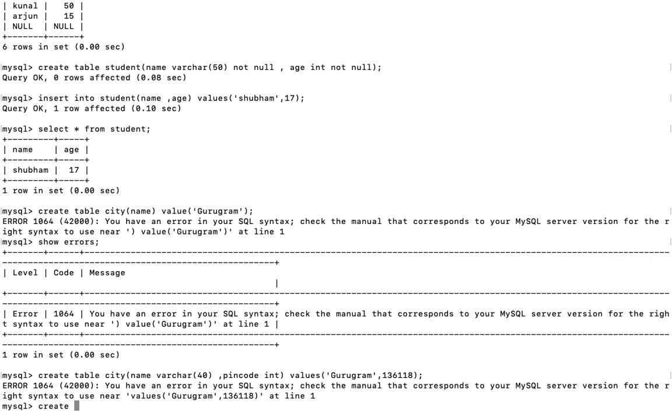Create table student city. We are defining the column name varchar 100,